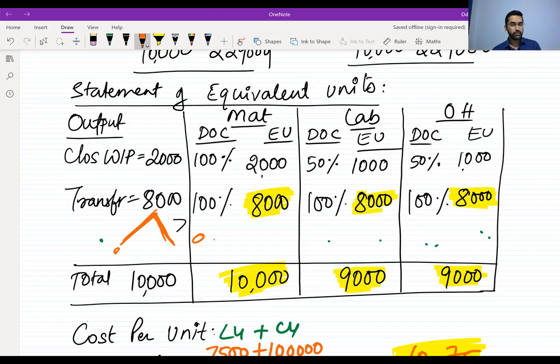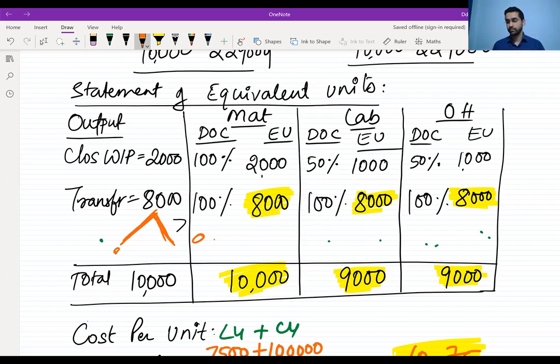Opening WIP DOC, if you're not able to give, sir, that means last year closing WIP DOC they did not know. How is that possible, sir? Auditor will not allow, no. He will come and ask for stock verification. He will say how much is degree of completion. And in question number 6 and 7, you said if they give WIP, they will give you some degree of completion. If not, you can assume 100-50-50. You only said that, and now we are saying opening WIP DOC not available.